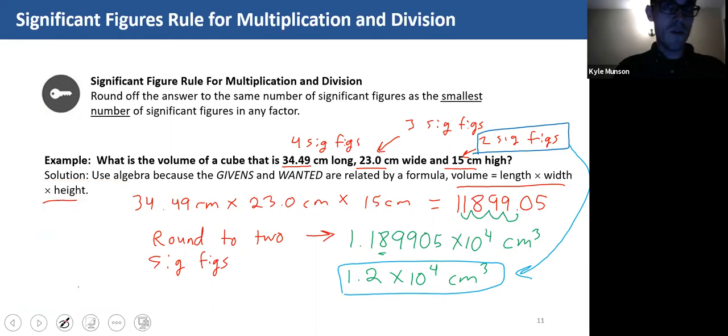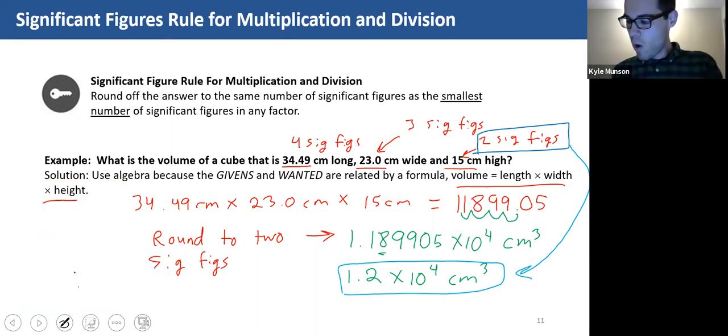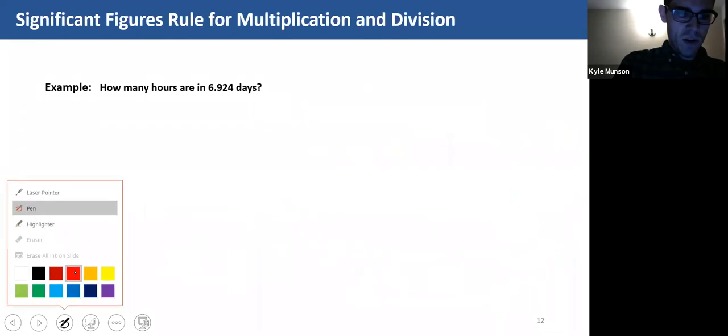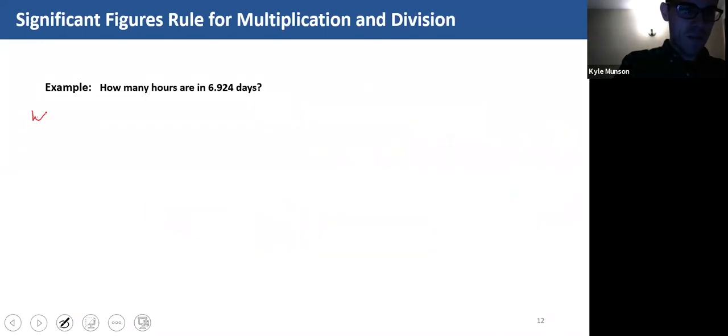All right, so that's how you do multiplication and division. So let's do one more example. Maybe we'll do a few more examples. We'll see here. And let's go from there. Take just one more example. Okay. How many hours are in 6.924 days? Okay, a weird amount of days, but this is a problem that uses dimensional analysis, right? So let's do that together. So it's all starting to come together now. So let's write down our wanted. No, I'm sorry. We do not want to write down our wanted. We want to write down our given. That's what I meant. We're given